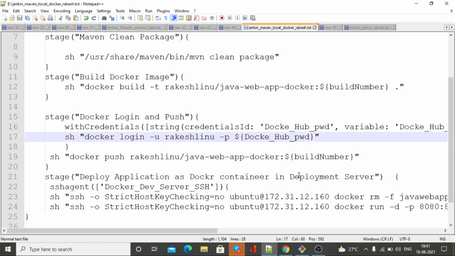So guys, here for deployment you need an SSH key to connect from Jenkins to the deployment server. Okay, so you need to have that SSH agent. Okay, after that you also need the password.